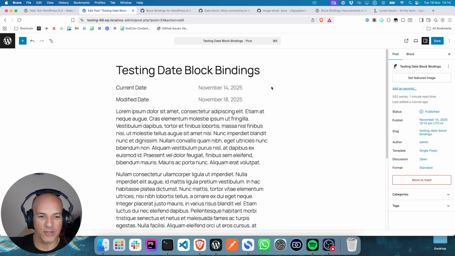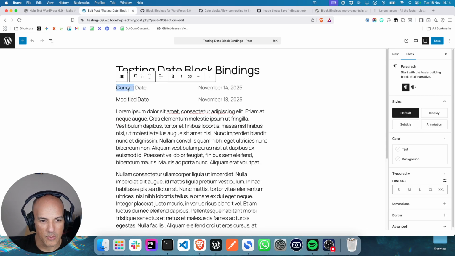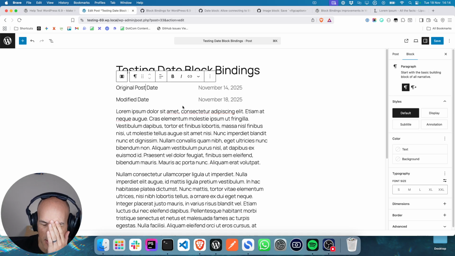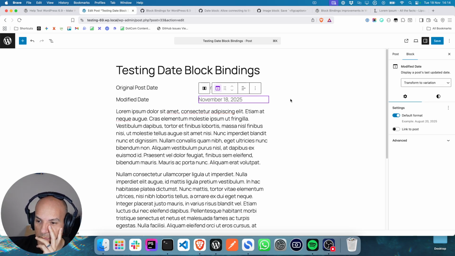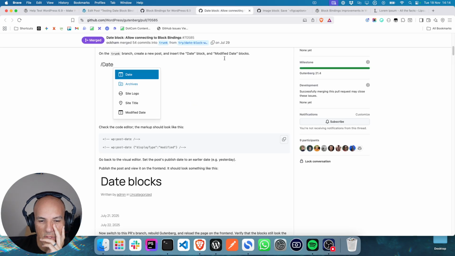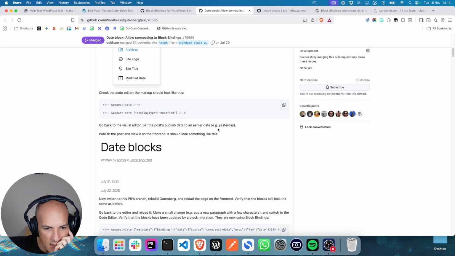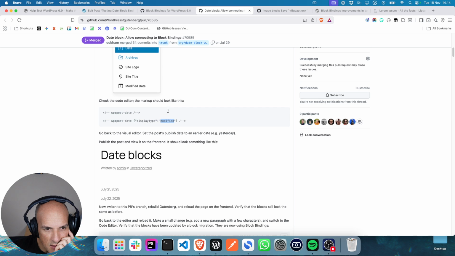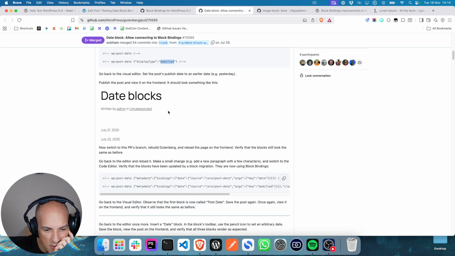That's actually kind of cool. You could set that up on your blog posts, and you could update them, and you could show the original post date and the modified date. I'm actually busy updating a post on my site. This could actually be quite cool for. I'm not sure what the date block did beforehand. I guess it just showed a display type modified. I'd need to go back to